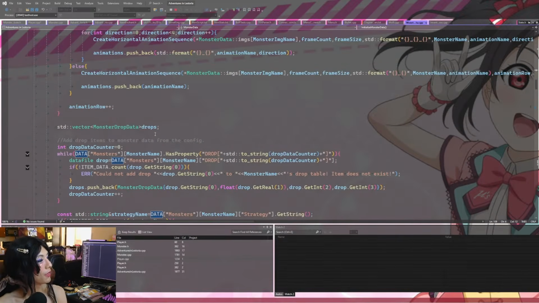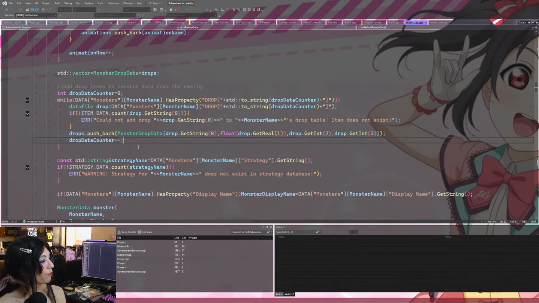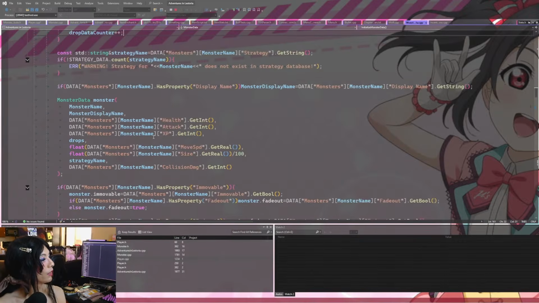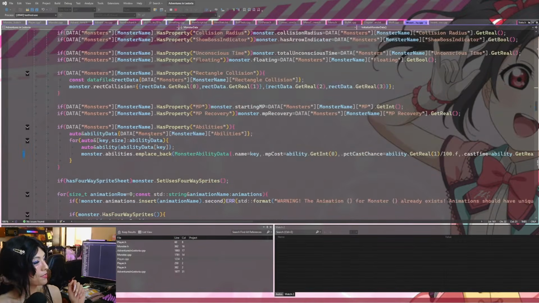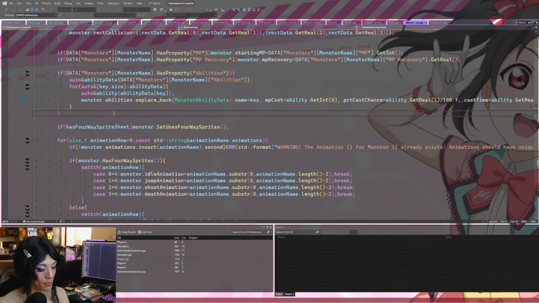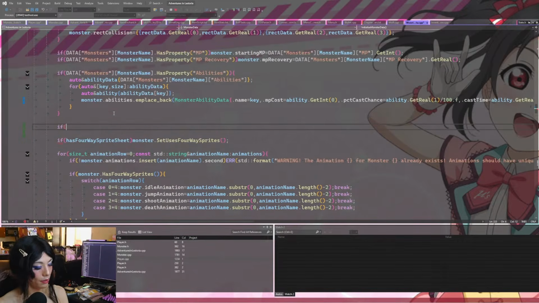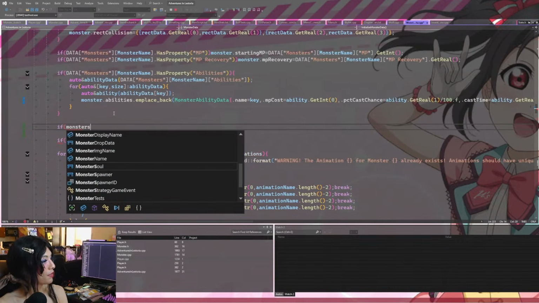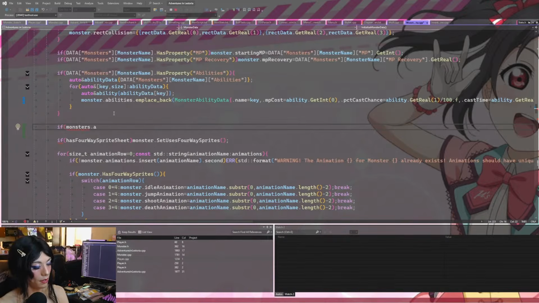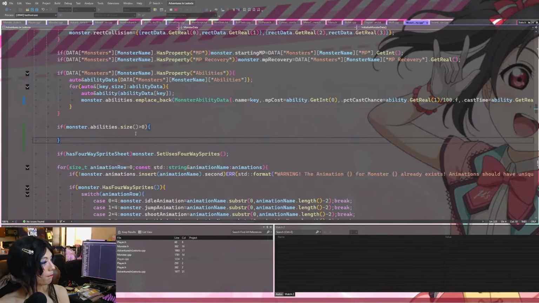So we'll do it like this, wherever the ability stuff is. So if monster dot abilities dot size is greater than 0, then we're going to expect